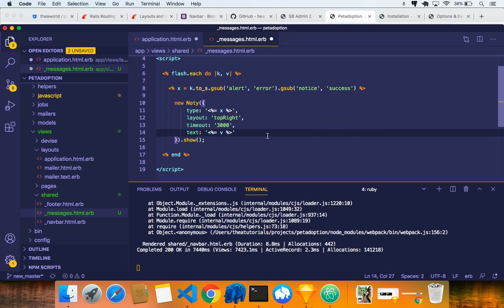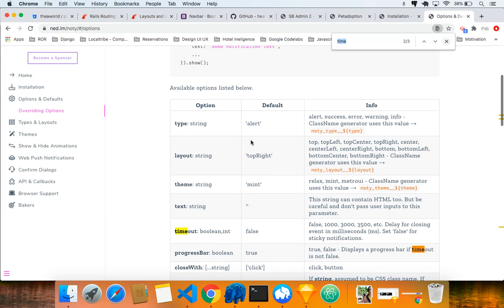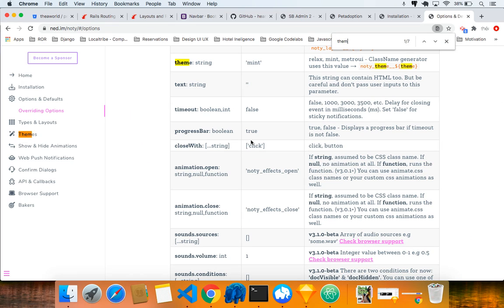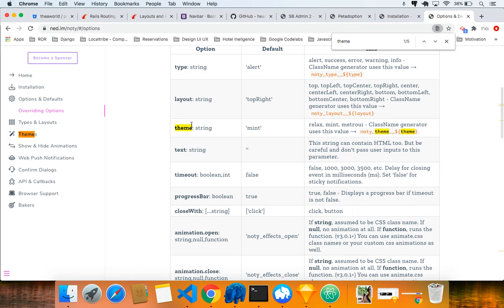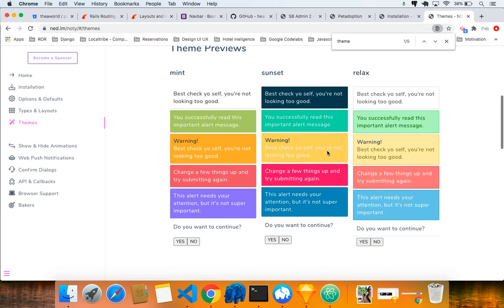Okay. What else? We need to add a theme. Come back here, and if you do Command F, theme. There's your theme right here. Here it's saying you can call mint, you can call whatever you want. So come back to themes. I'm just going to click on themes, and I'm going to use sunset. I can use relax. I'm going to copy sunset,